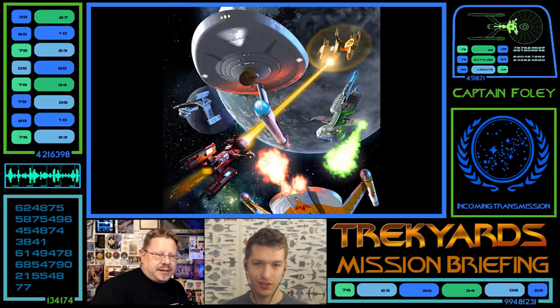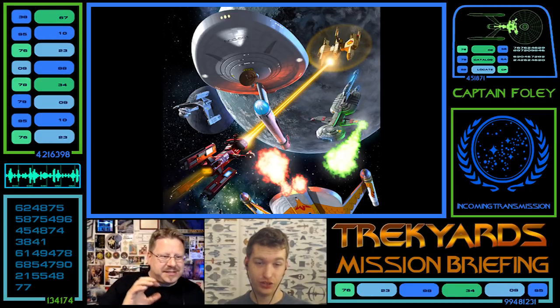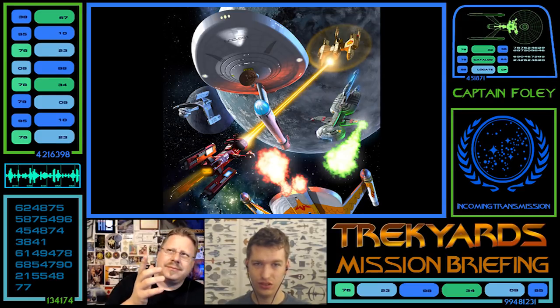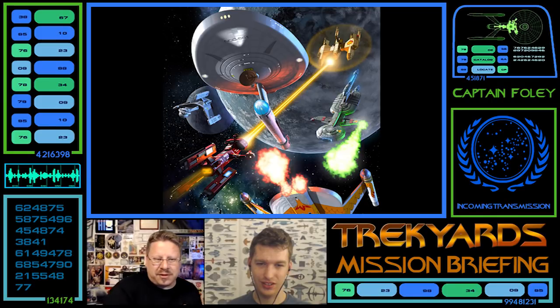If you go to the next picture, this is the Dreadnought class, not the Dominator, but this is the Gorn Dreadnought facing off against some other ships. You got the Conzinti or the Hydran. No, is it the Lyrians or the Conzinti at the back there? Can't remember. You got the Romulan Vulture class, which is an older style Dreadnought,